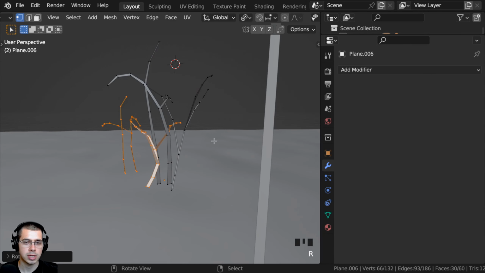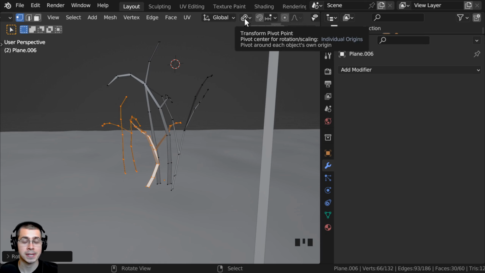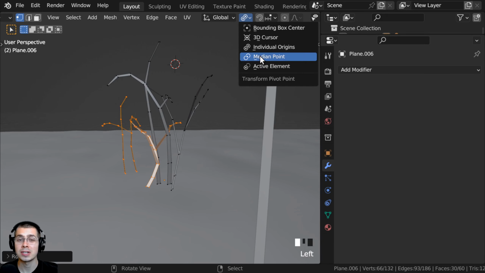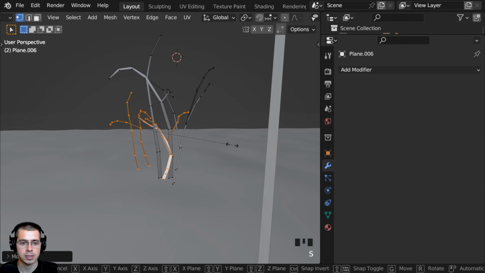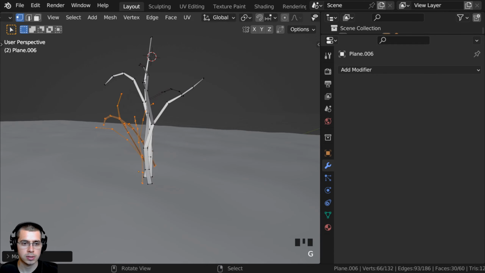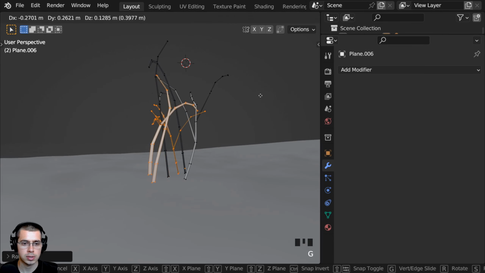And you can see they're all rotating on their own origins. That's because I need to click right here on the transform pivot point, and I need to change this back to the median point. So that way if I rotate them, they all rotate together. So I'll make these a bit smaller, kind of rotate them by 90 degrees like that,